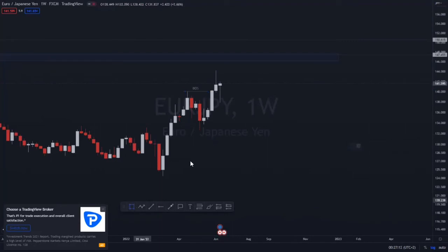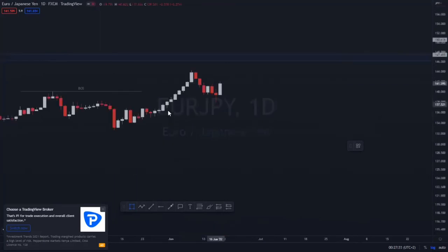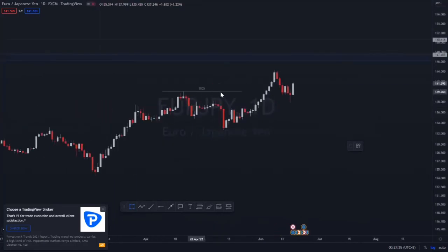And then we've also had the market tapping into this, what you call fair value gap, with this wick, and the market closed within it, a bullish candlestick. So it means market makers closed off net bullish, right? If you go to this time frame, which is the daily,